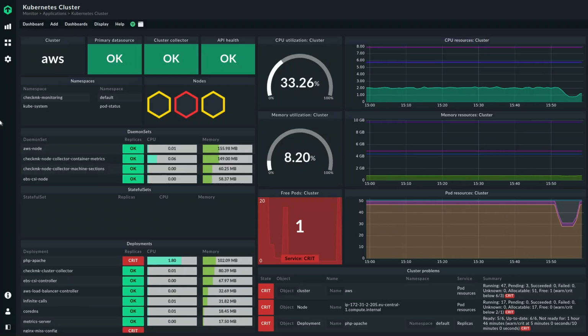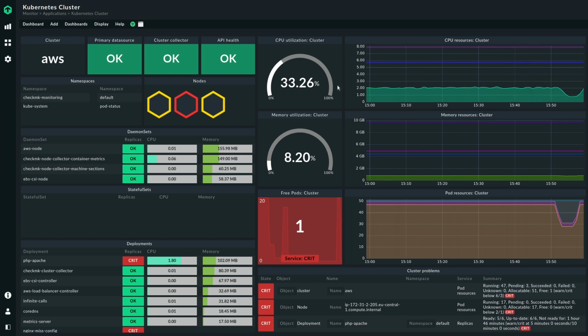Okay, let's start by looking at our Kubernetes cluster dashboard. This is your entry point into your Kubernetes monitoring, and it provides you an overview of the health of your cluster. Before we go into the actual alerting, let's try to understand how healthy my cluster actually is. On the right part here, I can see the CPU resources, the memory resources, and the pod resources of my cluster. I can see how much CPU usage there is on the cluster in total, what the requests are, what the limits are, and how much is actually allocatable. You can see that over time here.